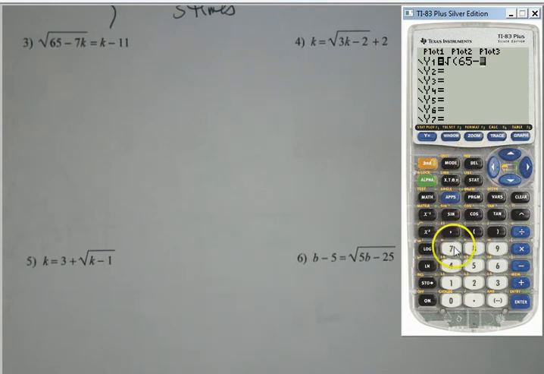That's that. So 65 minus 7x. Okay, and we're going to keep each half separate. So once you get that first one done,